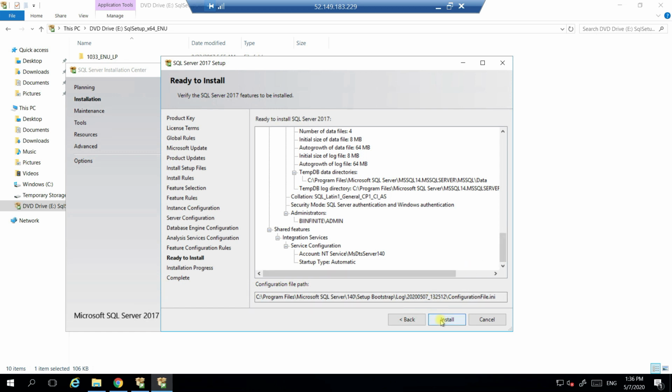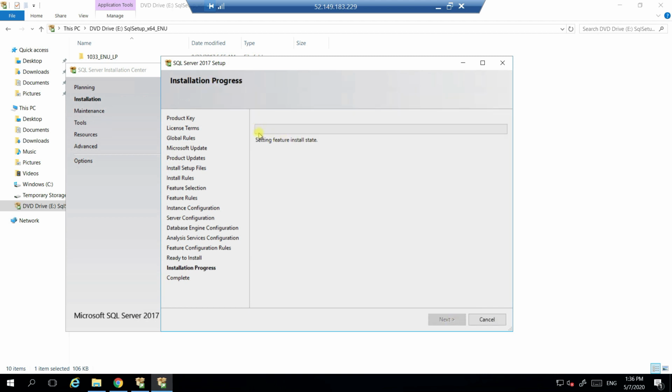The installation time depends on your feature selection. If you have more features, it will take more time to install. If you have fewer features, it will take less time, but it also depends on your system configuration. Majorly it will take 20 to 30 minutes, or 45 minutes max. That will not take much time. The only thing you need to do is click on Install.